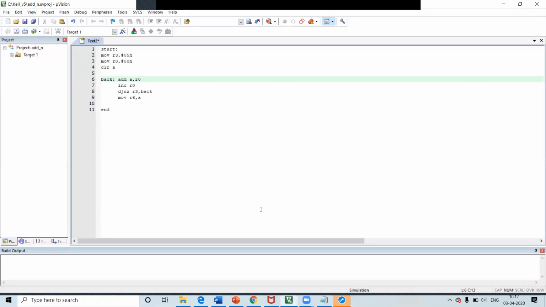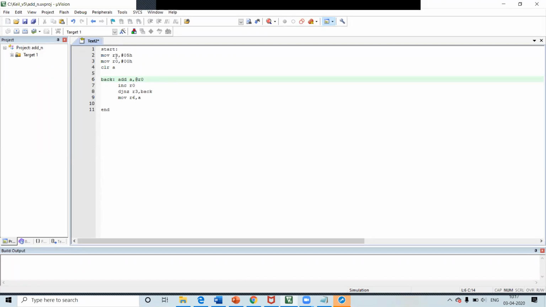Then the value which is present in R0 is added to A. Then R0 is incremented. That means it points to the next location, that is 1.